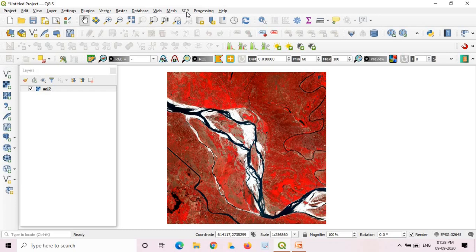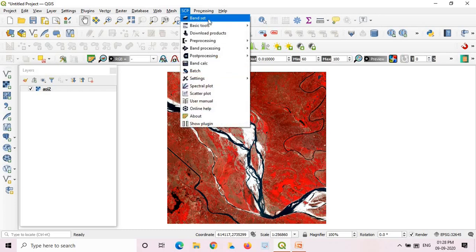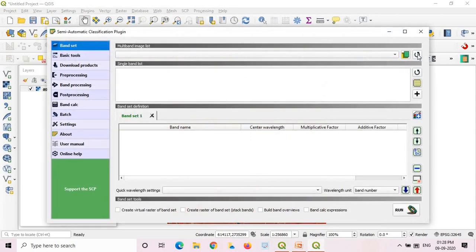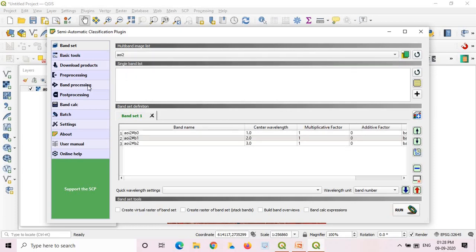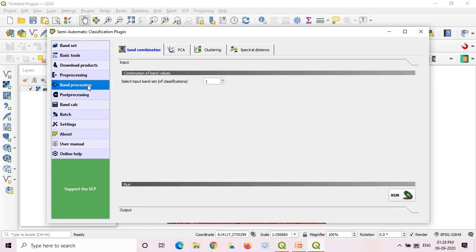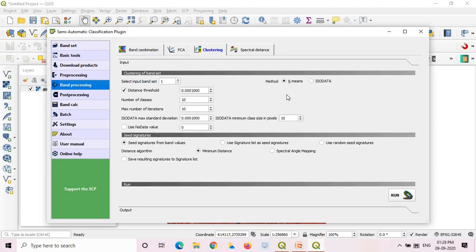So click on SCP and click on band set. Click on refresh list, and in the drop down arrow select the area of interest and click on band processing.